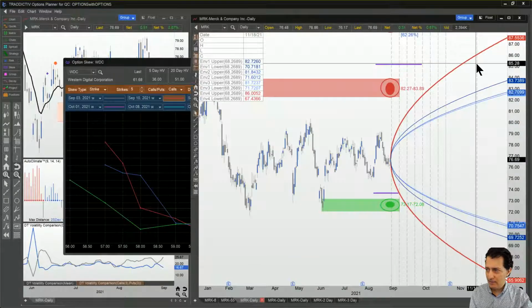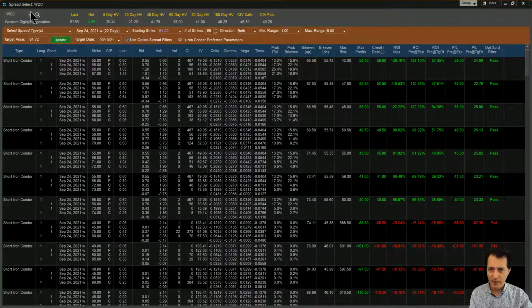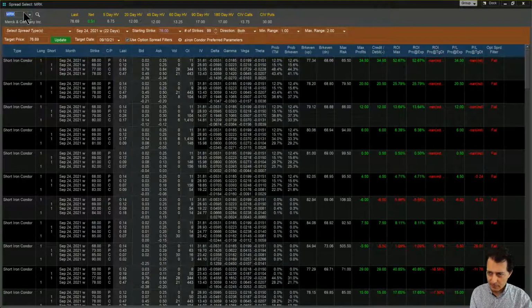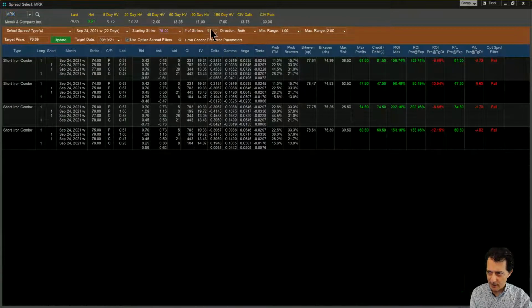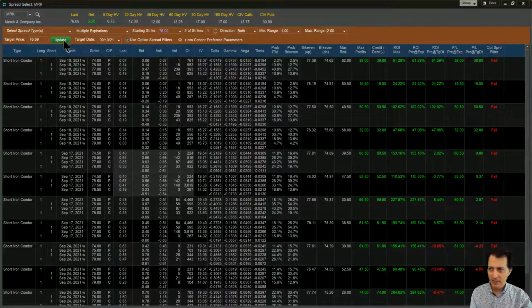So with that in mind, let's get into the spread select. Oh, I just realized we hit the top of the hour. So let's see if we can complete this one. We are going to select September 10, September 17, September 24, just like before. Okay, update. Now when I do that,